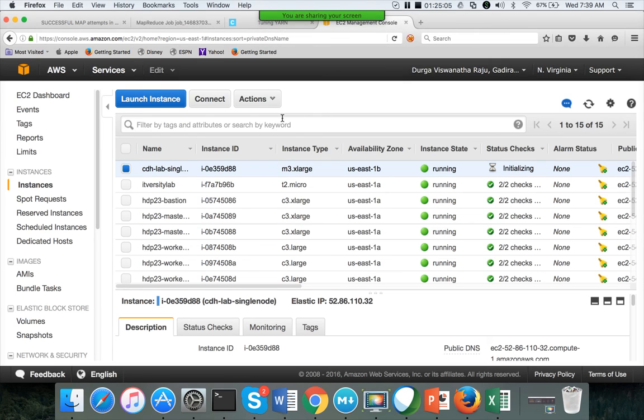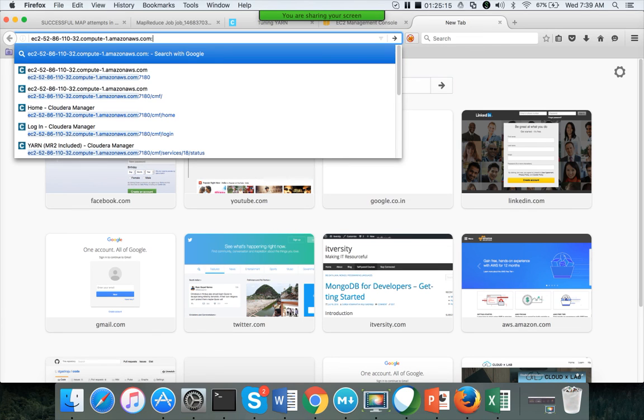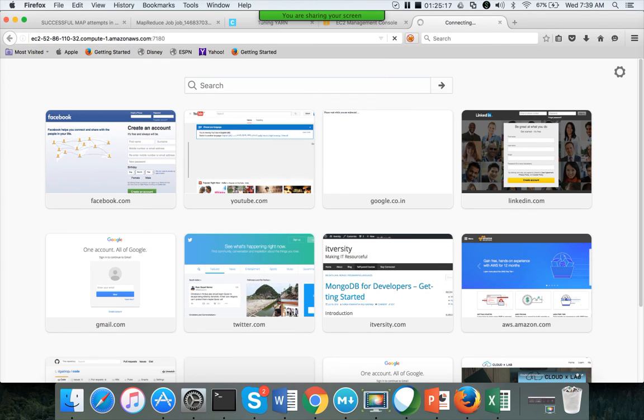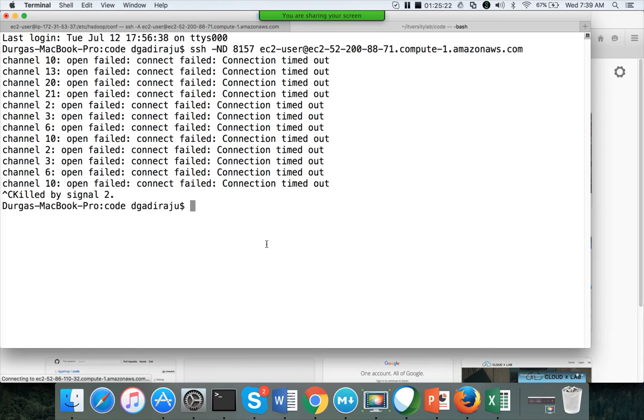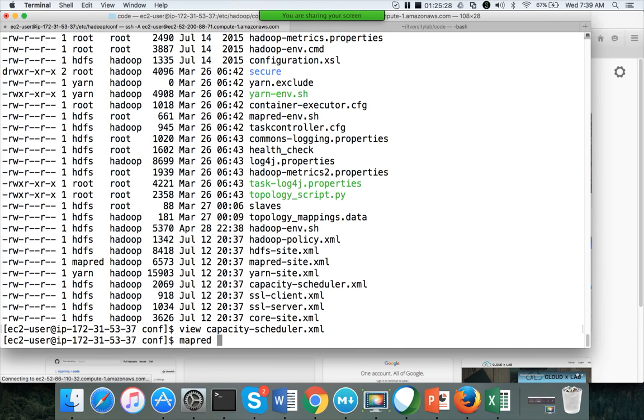Okay, anyway. So this single node cluster is being started, and let me use this IP address and go to the browser and start the Cloudera Manager. MapRed job list.